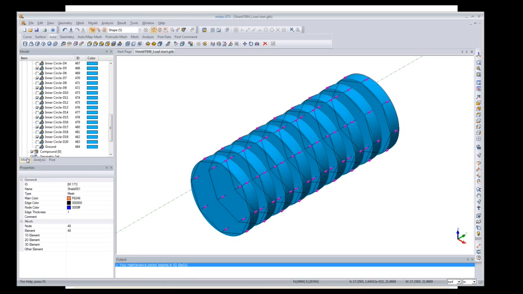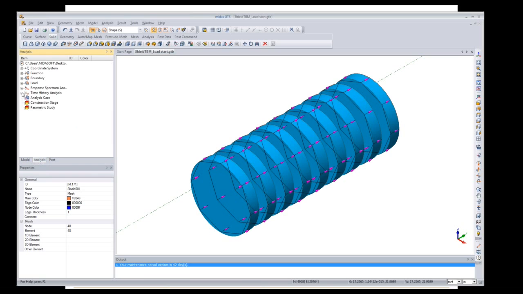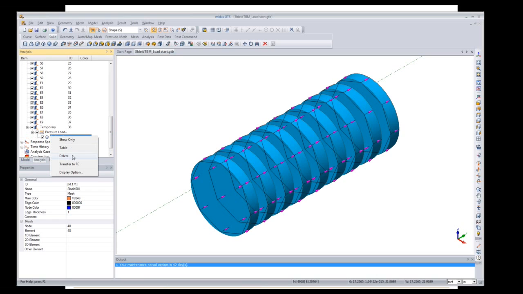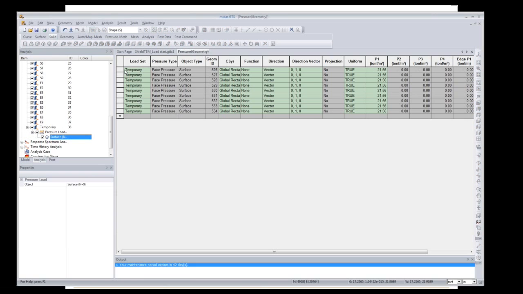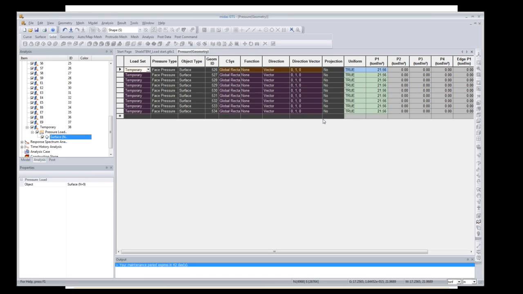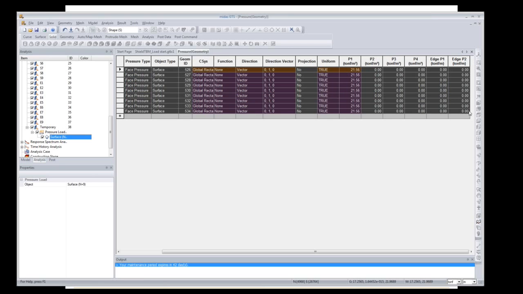What we'll do from now on is convert these forces, change their names basically. So I'll go to analysis, and I'll go to load here, and you can see there's a plus sign against temporary, so this is the only force that we have applied. I'll just right click and say tables. So you can see the table generated very easily, and all I need to do is copy the entire table, or I can just copy the values, hit Ctrl C from the keyboard,